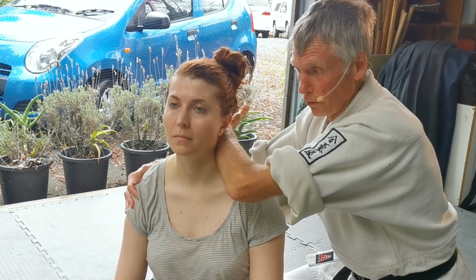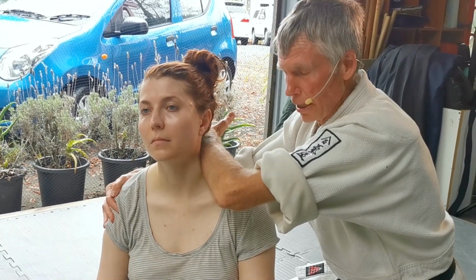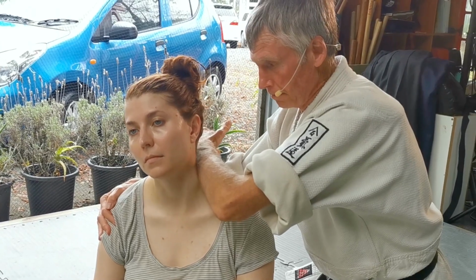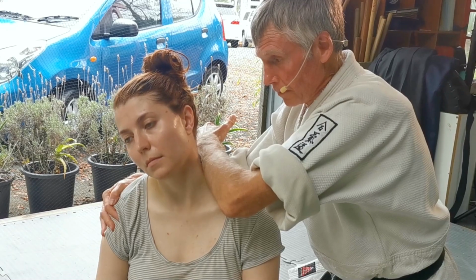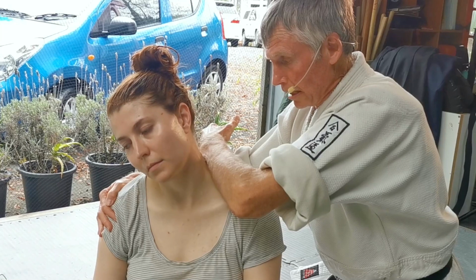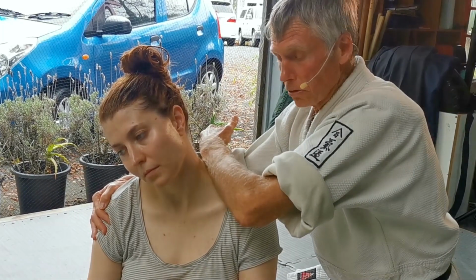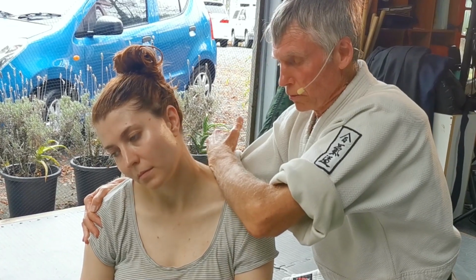See, she's turning away from me. So, and all of this is telling her how to move her body. I'd rather be a little bit more upright. And once we get there, I'm now going to run out, and I've changed the pressure on her other shoulder because as I'm running out along the top of the trapezius,